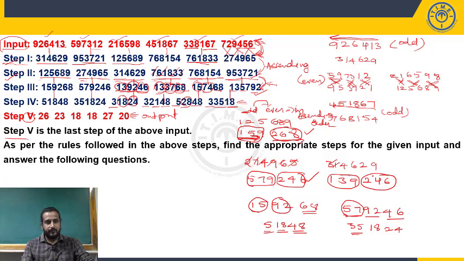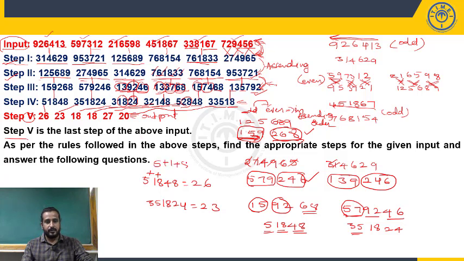Now, step 4 to step 5, you can say the numbers are completely different. So, one on one correspondingly. You need to identify the logic in the corresponding elements. So, 51848 becomes 26. Next, 351824 becomes 23. Now, look here, 5 plus 1 is 6, 6 plus 8 is 14, I mean sum of the digits,